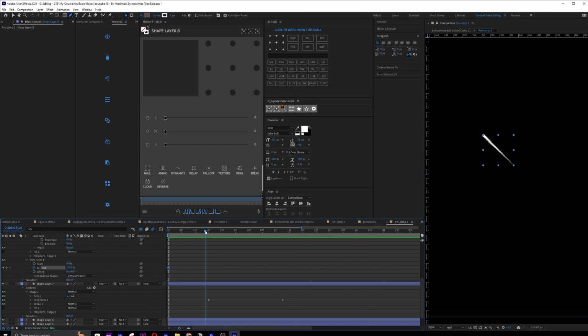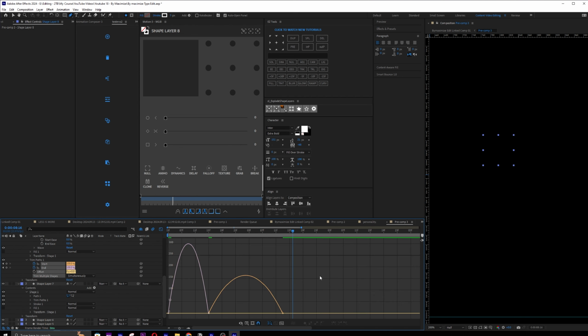So I keyframe the end from here till here. So it goes from 0 like this, and then to make it go back the opposite way, you keyframe the start to like this. So you can see the movement. This is how it will be. And then obviously I just pressed F9 on my keyboard and I did the same graph for both of them, which is like this. So let's have a preview.